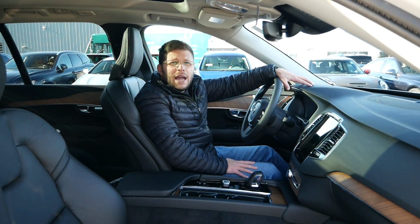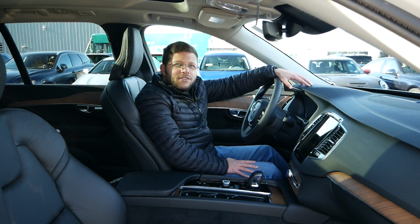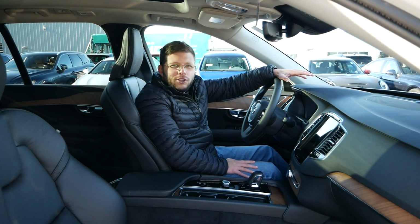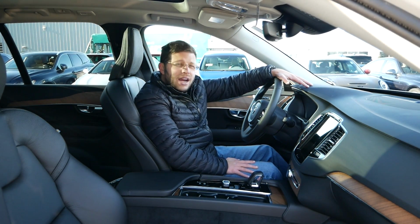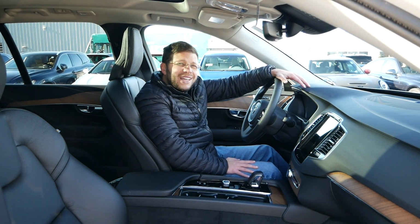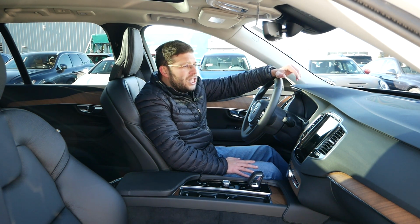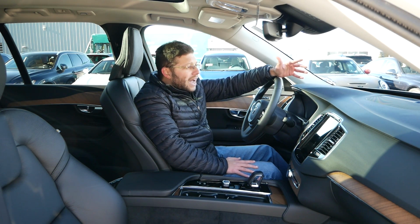So to wrap up my time with the 2023 Volvo XC90, what are my final thoughts and takeaways for this three-row crossover? When you take a look at this segment in general, there's a few vehicles that come to mind that really set the tone in other areas besides being sporty and athletic. And for the Volvo XC90, when it pertains to interior quality, comfort, refinement, and overall safety, that's where the XC90